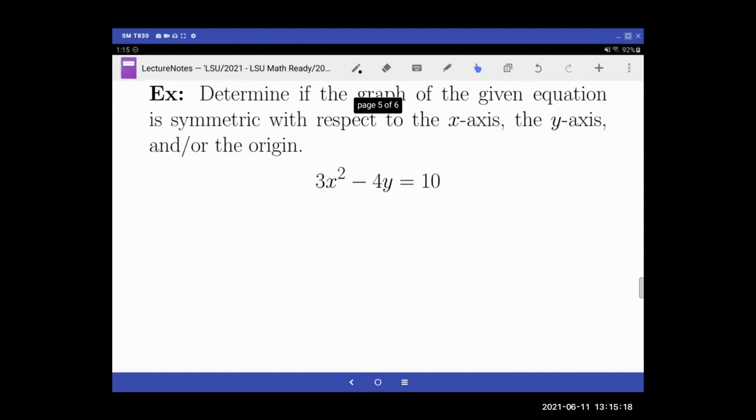Now let's talk about symmetry. So this is written a little bit differently. It's the same idea, but this is not presented in the way where you deal with even and odd functions. So this still has a graph though, and it's possible that there's some symmetry in the graph. So another way you could do this, if you're given a problem like this, if an equation gives you an even graph,